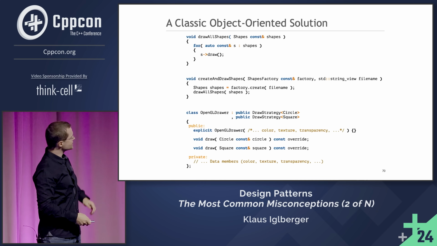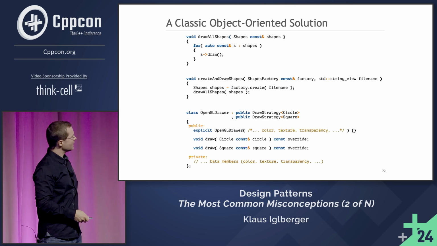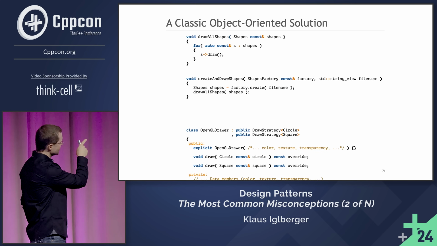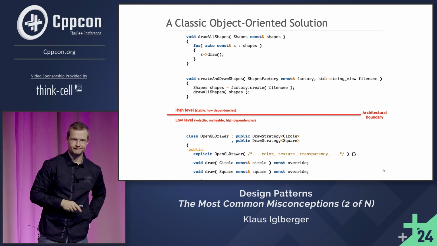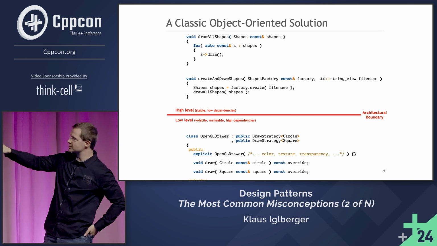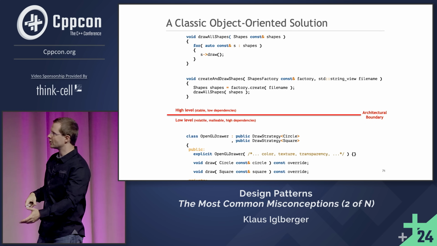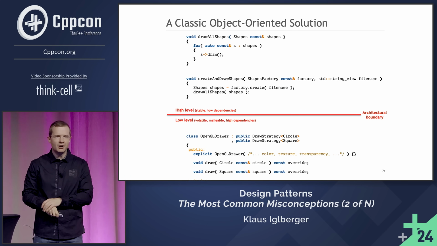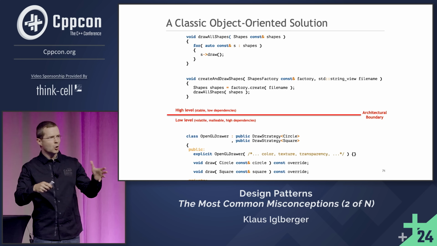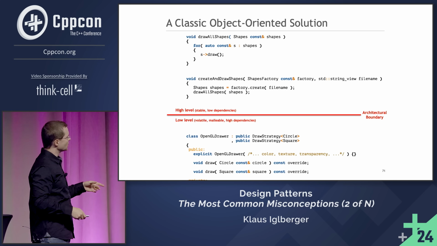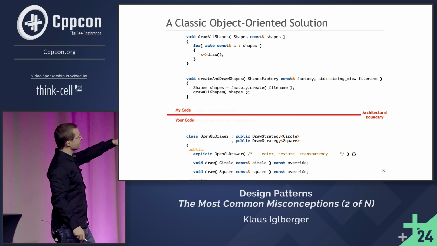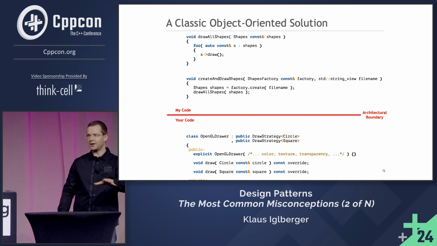And so let's do something that's pretty important. Let's actually separate concerns. Let's separate your code from my code. And so I now draw a line, an architectural boundary. Above this line is my code. That's the high-level code. I'll consider it's a little more stable, perhaps. These things will not change so often. And below this line is your code, the low level. Okay, but you know what? High, low level, this is always confusing. Let's simplify this. Let's just say this is my code, this is your code. Okay, so